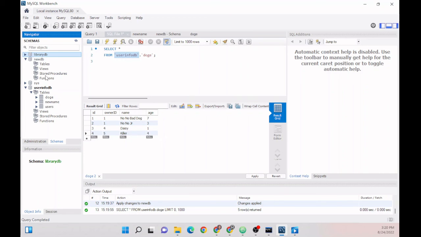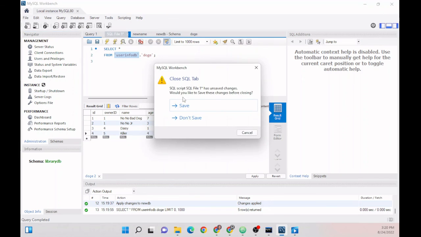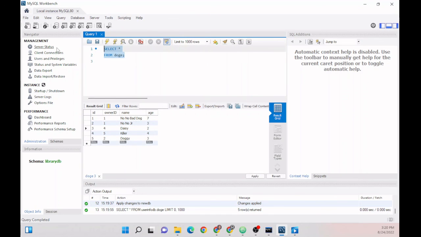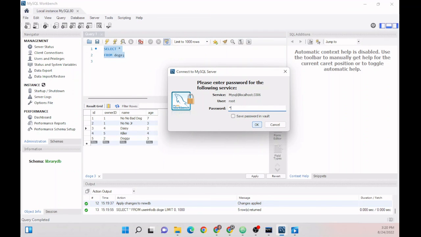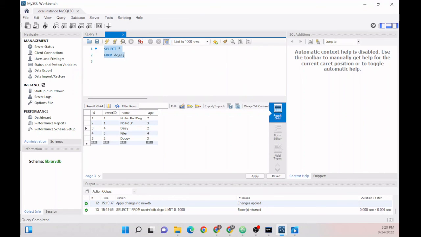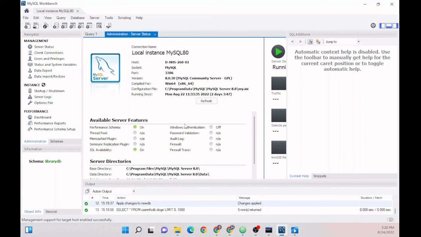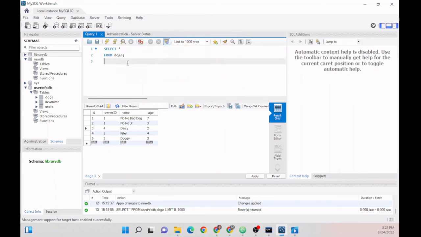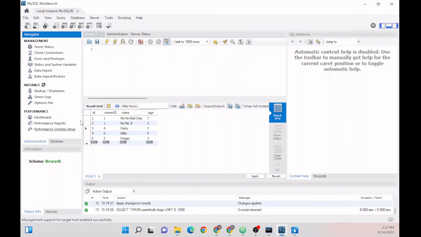So as a recap, remember it's going to start off here. You're not going to have any of these things over here. And it probably will actually have this open or something. It's going to ask you for your password. That might happen quite a few times. So it might start off with something like this, and you're like, where is all that cool stuff that he just mentioned? So again, got to go to our schemas, got to run queries. And if you just start typing, it might have a blank query in there, right? It might not have anything selected. So if I just typed in the select star from